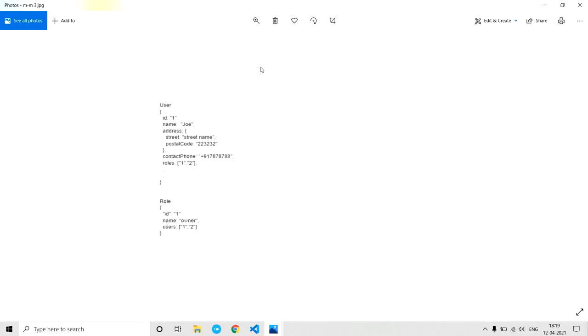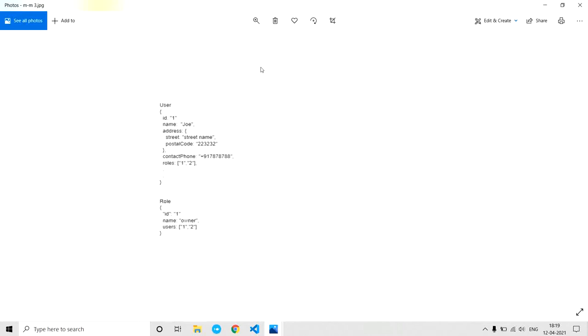So assume in a moderate or average system, we have 5 roles and millions of records. In those cases it is not good to store user IDs in the role table, because the roles collection won't grow that big like the user table. We hardly have 10 to 20 roles. It's not good to store user IDs in the role collection like this.